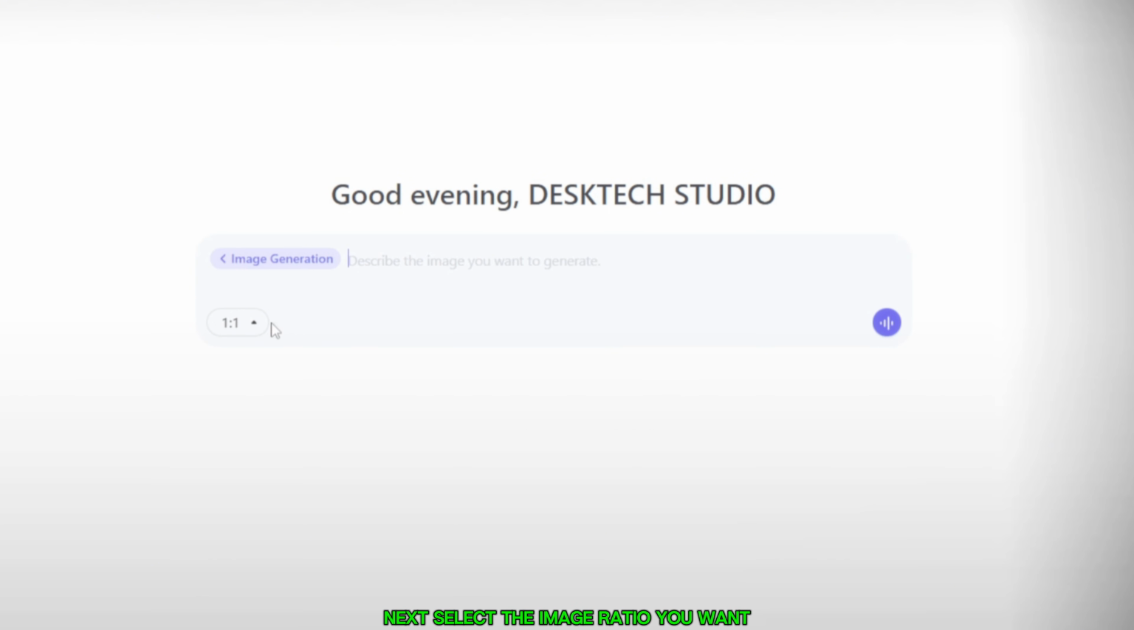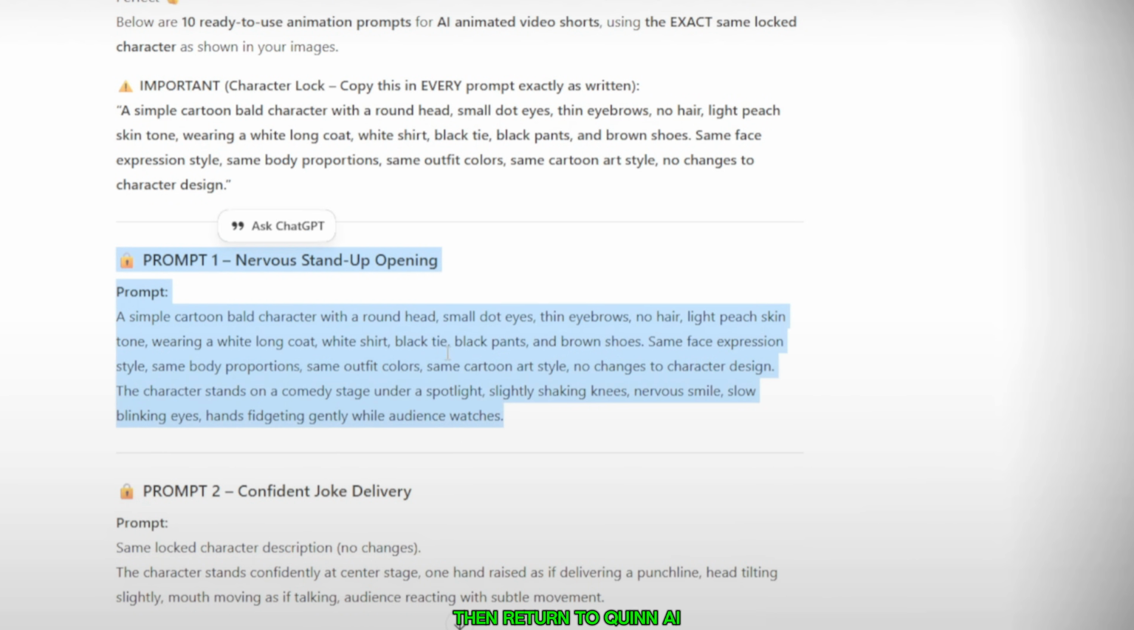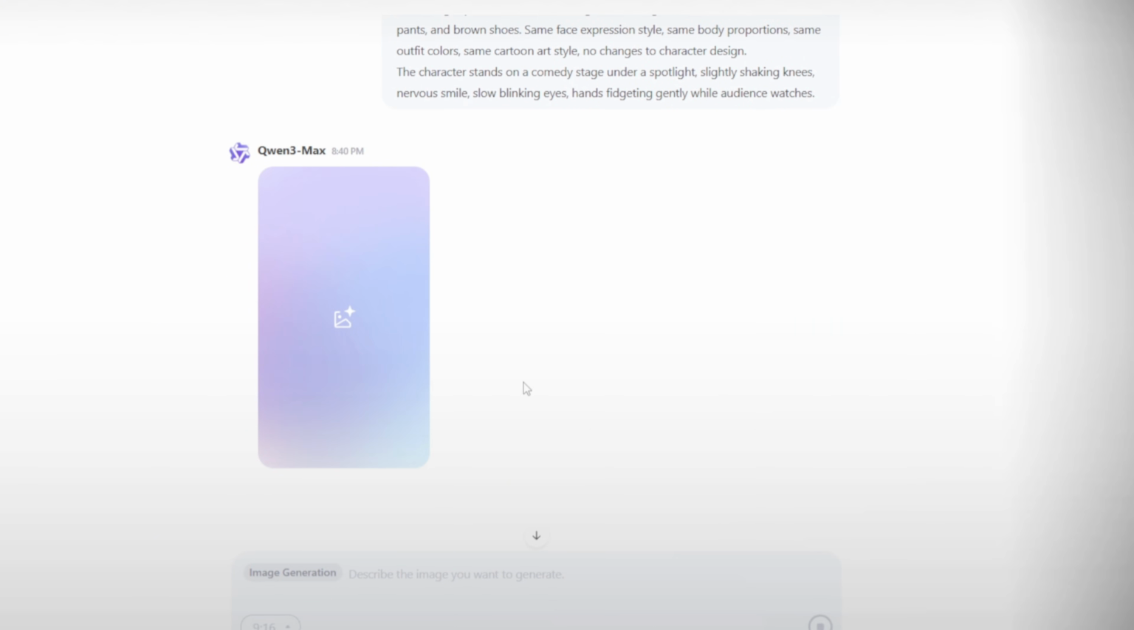Next, select the image ratio you want. For example, 9:16 for Shorts, or 16:9 for YouTube. After selecting the ratio, go back to ChatGPT, copy the first image prompt, then return to Qwen AI, paste it into the prompt box, and click Generate. Now wait for a moment. It usually takes about 1 to 2 minutes to generate the image, and